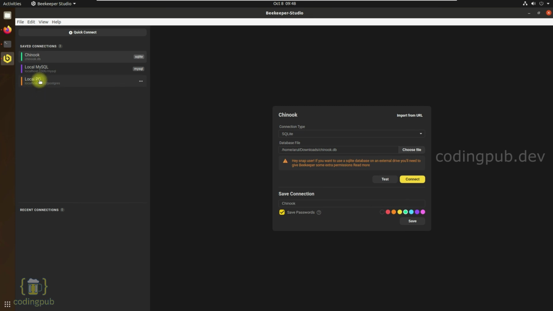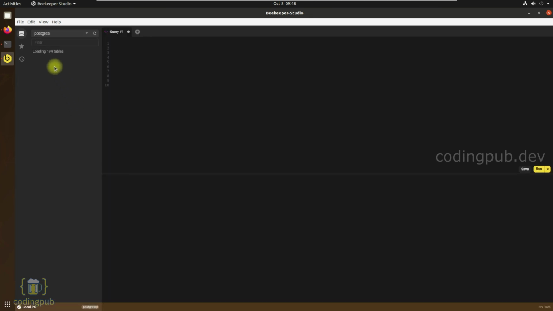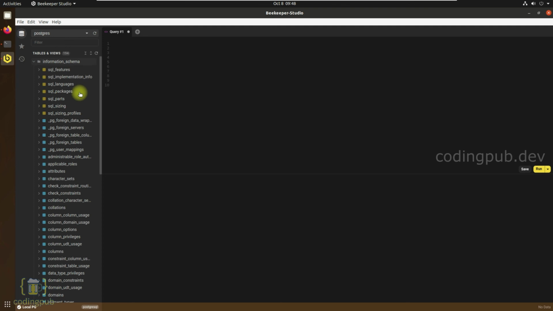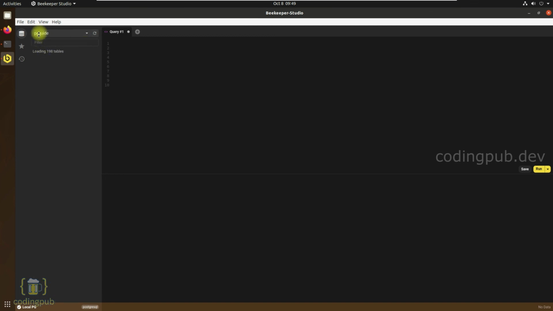Let's try connecting with the Postgres database. As you can see, we are now connected with the Postgres server. If you click on the drop down menu in the left side top corner, you should be able to see the list of databases available in this Postgres server, and you will be able to select any database here. Once you select a database, the list of tables available in the database will be listed.